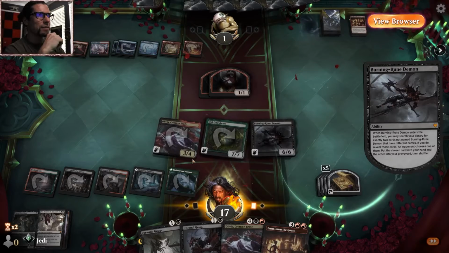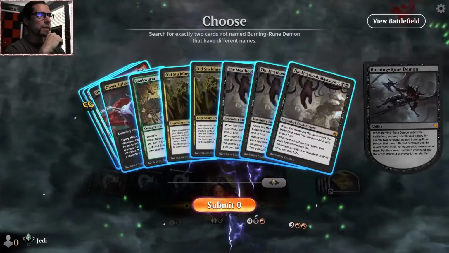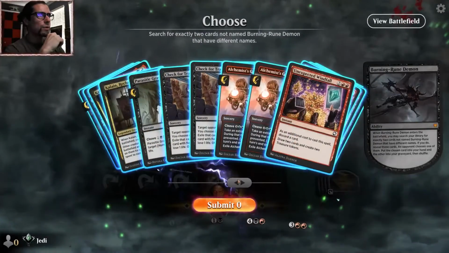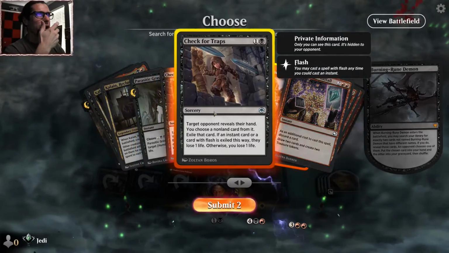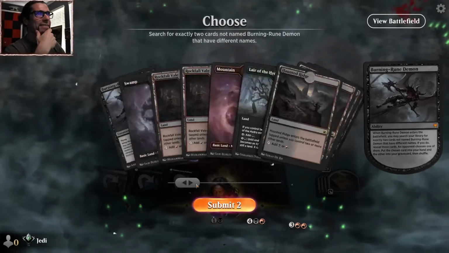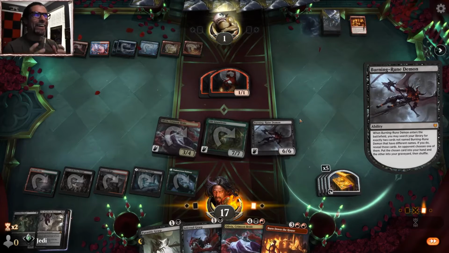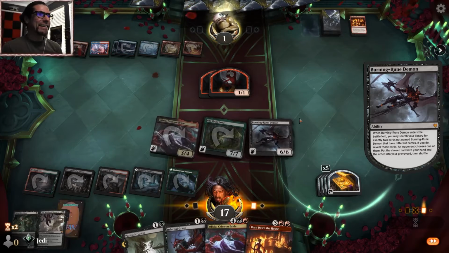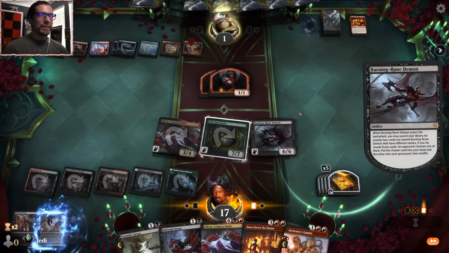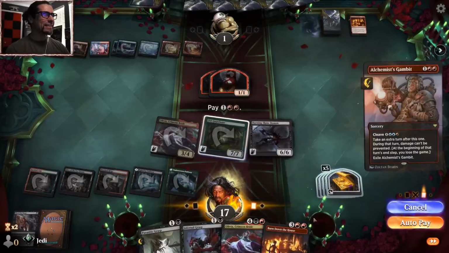That's not enough. Man, I was wondering if Meathook Massacre would get us there. So, definitely Gambit. And, oh, check for traps. Yes! Yes! Oh, this is so good. Oh, man. So, they either give us the extra turn...